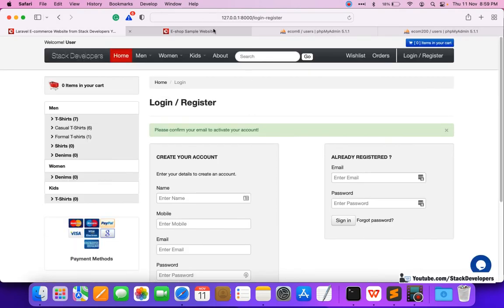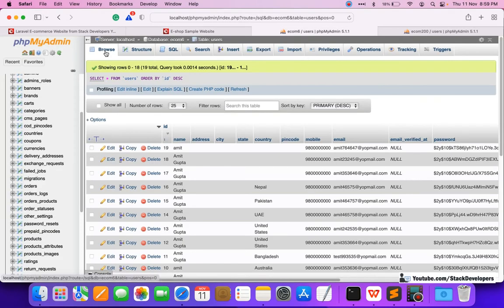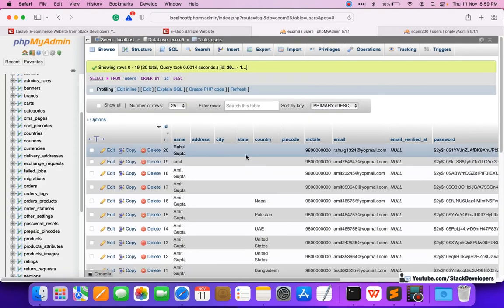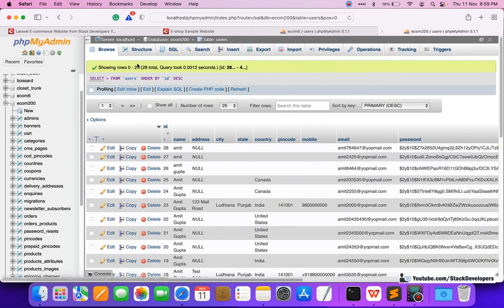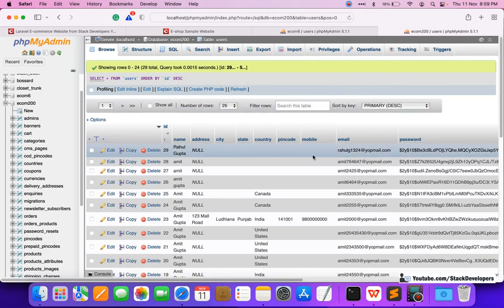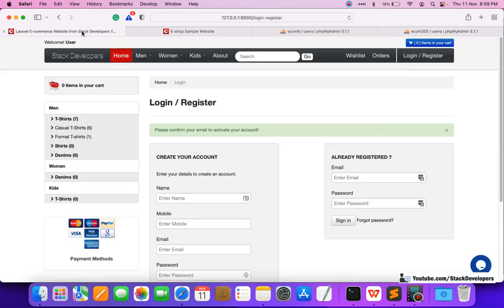Yeah, it's fine. And now we are going to check the email ID in both databases. Rahul Gupta is registered at this first website, that is the advanced e-commerce series, and now we're checking the basic e-commerce series. And this one, Rahul Gupta, has been registered in the second website as well. So Rahul has an account in both websites. With this we are able to register at both websites. You can try this one at your end.